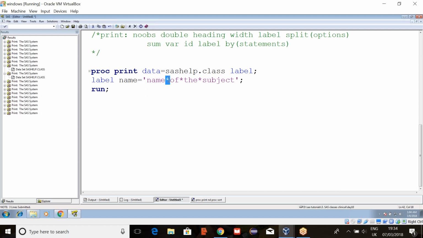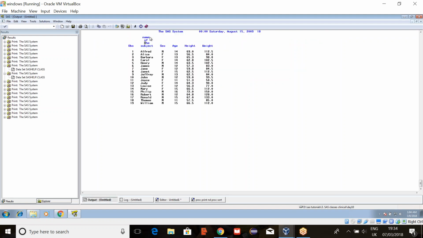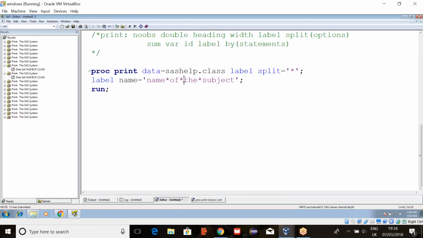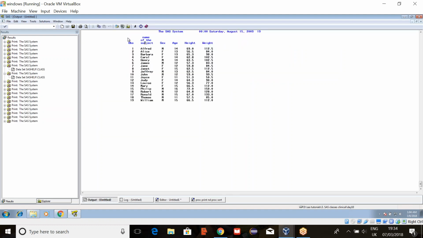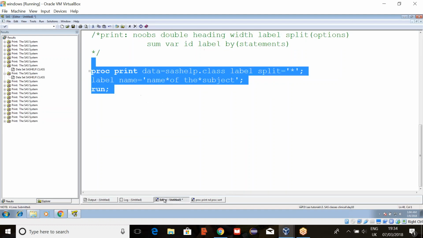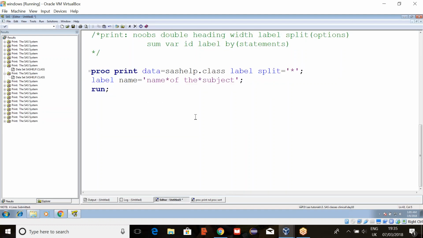So here write split equals to, in quotations, whatever character is there, we can mention that. Or I want to split name of the and then subject. However we want, we can split the label.